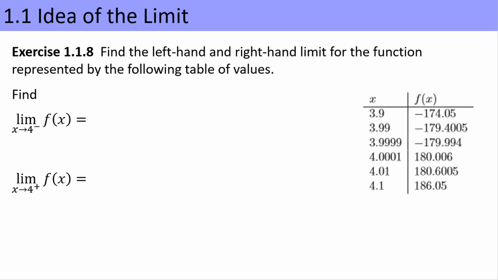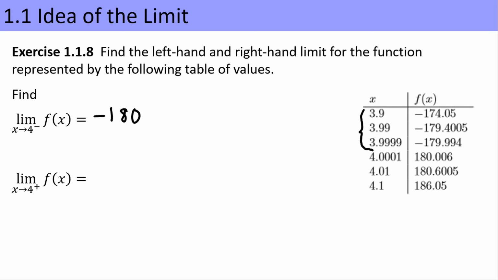Exercise 1.1.8. Find the left-hand and right-hand limit for the function represented by the following table of values. This table of values is copied from the previous exercise. Find the limit as x approaches 4 from the left of f of x. From the left means less than, so we are looking at the function behavior provided by the corresponding values for the x input of 3.9, 3.99, and 3.9999,